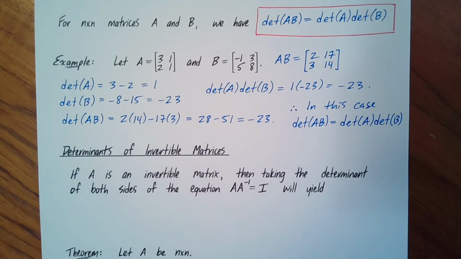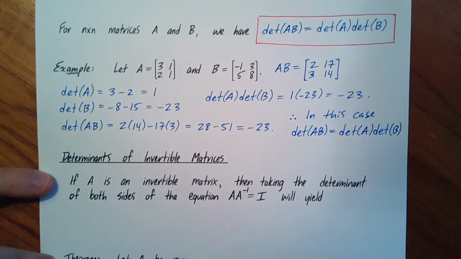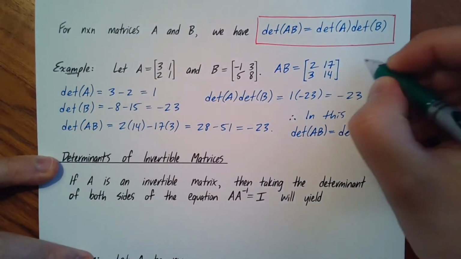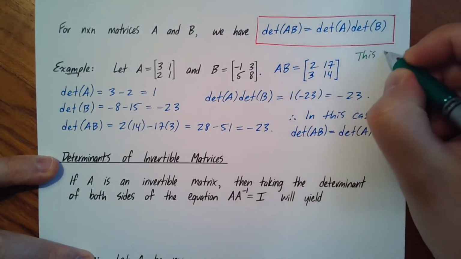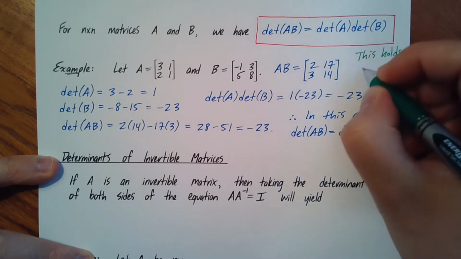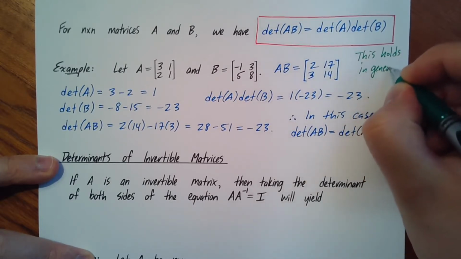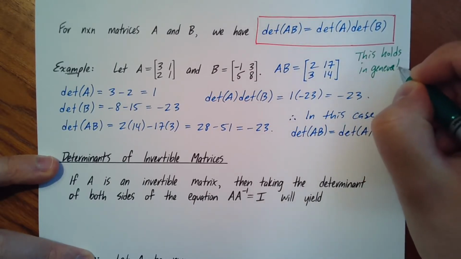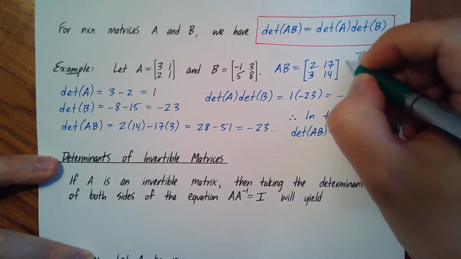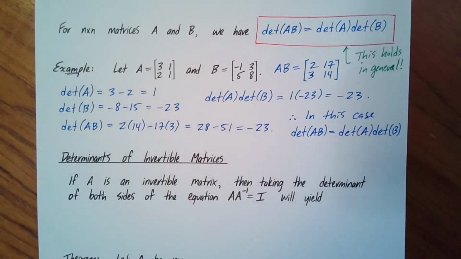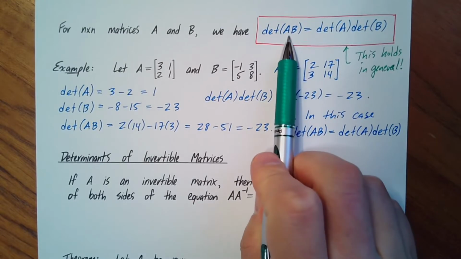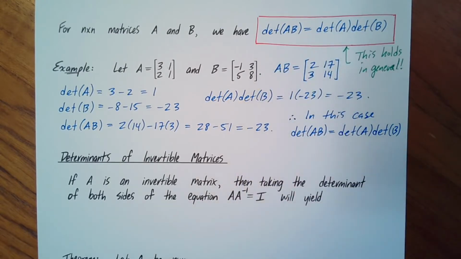Now, just to reiterate, I'm promising you, even though I'm not proving it to you in general, this holds in general. So let's just clarify. This holds in general. So in other words, for any square matrices A and B, such that this product is defined, you have this rule and you can trust it. Okay, and one nice